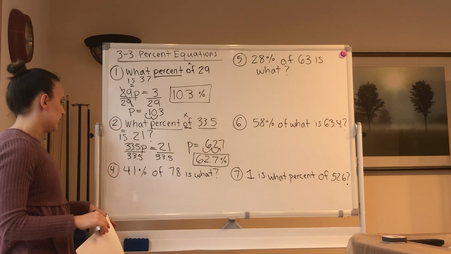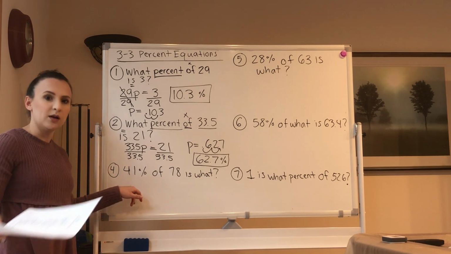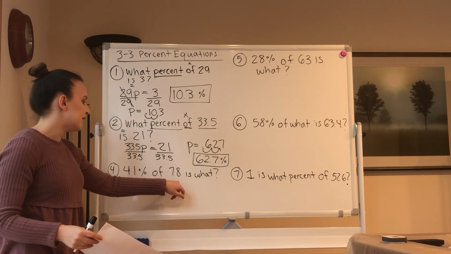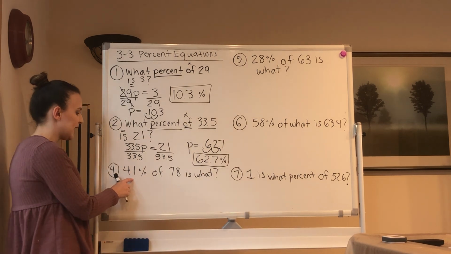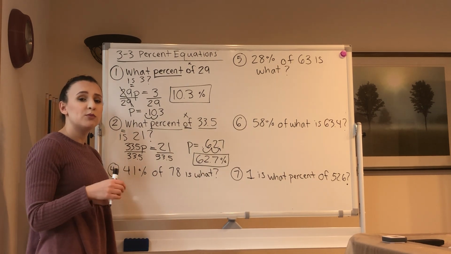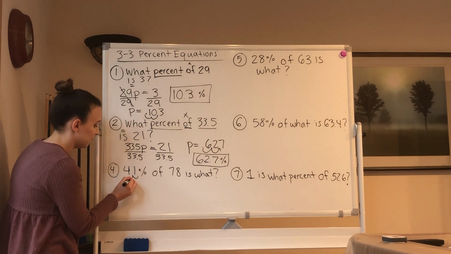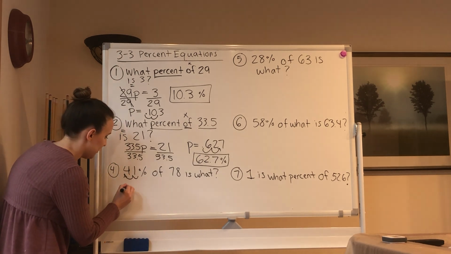Okay, this next one, we're jumping to number 4. We're skipping number 3 because number 3 is going to end up being a problem for you to try. 41% of 78 is what? 41%, we have a percentage here. Anytime you have a percentage, convert it to a decimal. So 41%, we're going to convert that to a decimal by moving 2 places to the left. So that's 0.41